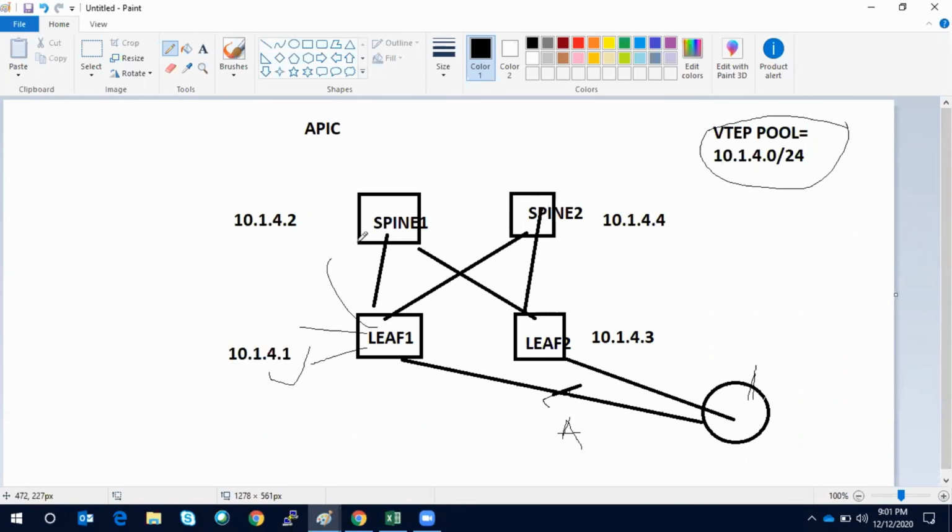Then it will discover spine 1 with the help of LLDP and give another IP from this VTEP pool. Then it will land on leaf 2, give one IP address from this VTEP pool, and ultimately go last to spine 2 and give one IP address, 10.1.4.4.